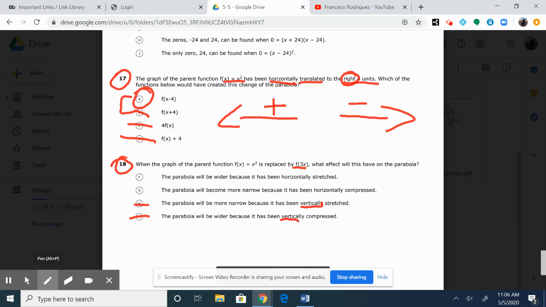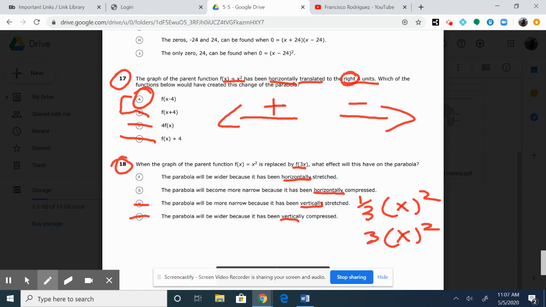So a vertical stretch, meaning the graph gets narrow, would be a fraction on the outside. Whereas a vertical compress, meaning it's going to be wider, is a whole number on the outside. Now, when we're talking about horizontal, we're talking about the number being on the inside. So if a parabola becomes